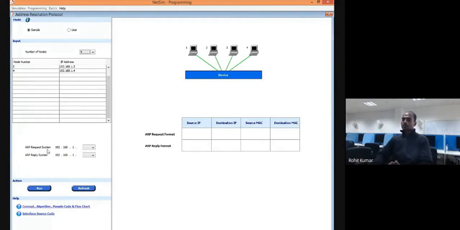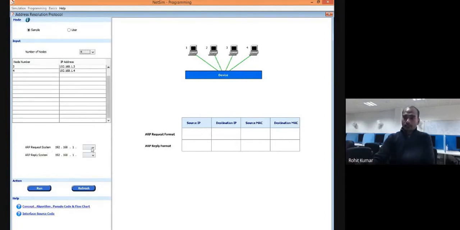One system is supposed to request a particular resource, or one system wants to get connected with another system. Whichever system is trying to get connected is the request system, and the one it is trying to connect with is the reply system. So you are the source, and the other one is the destination.